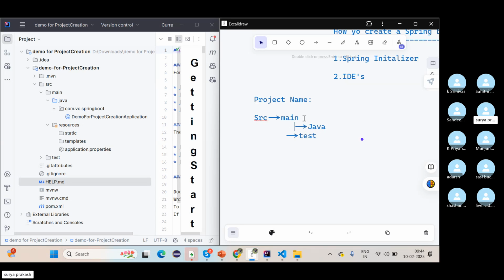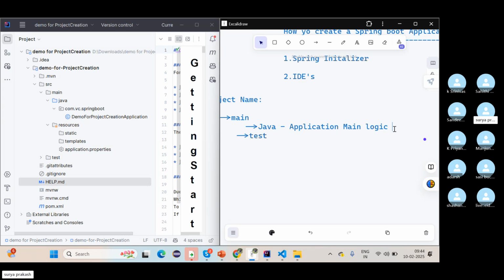The Java folder contains the application main logic, or the implementation part of our application. Next, the resource part. Another folder is resources. Inside this resources folder, we have